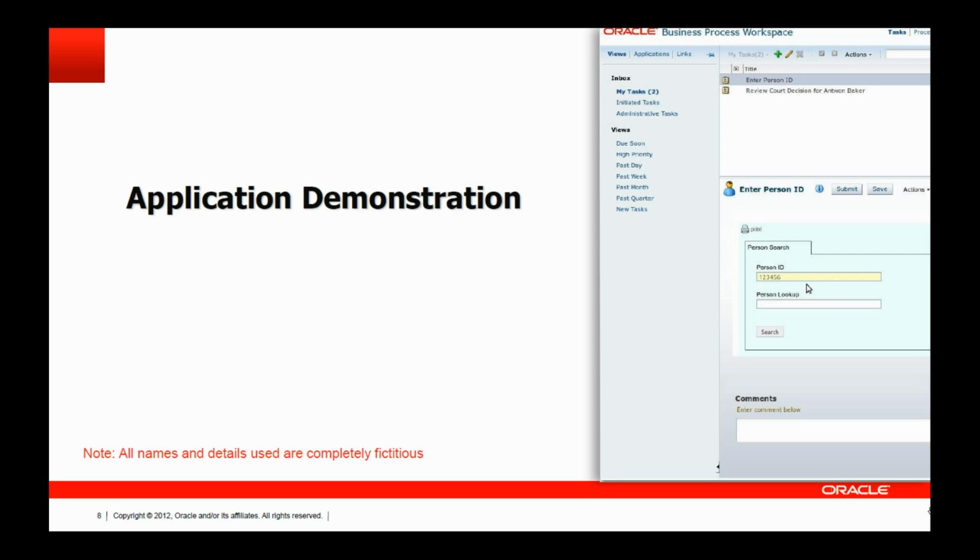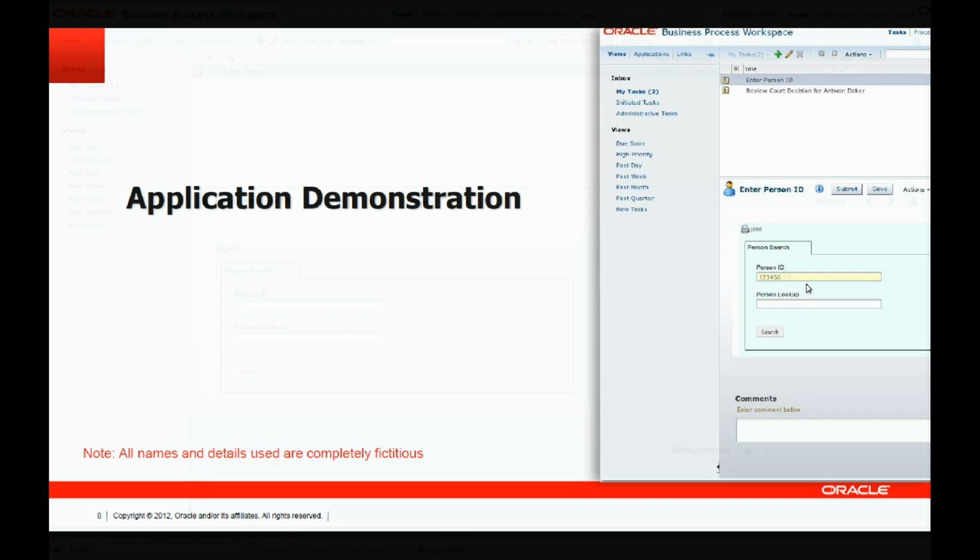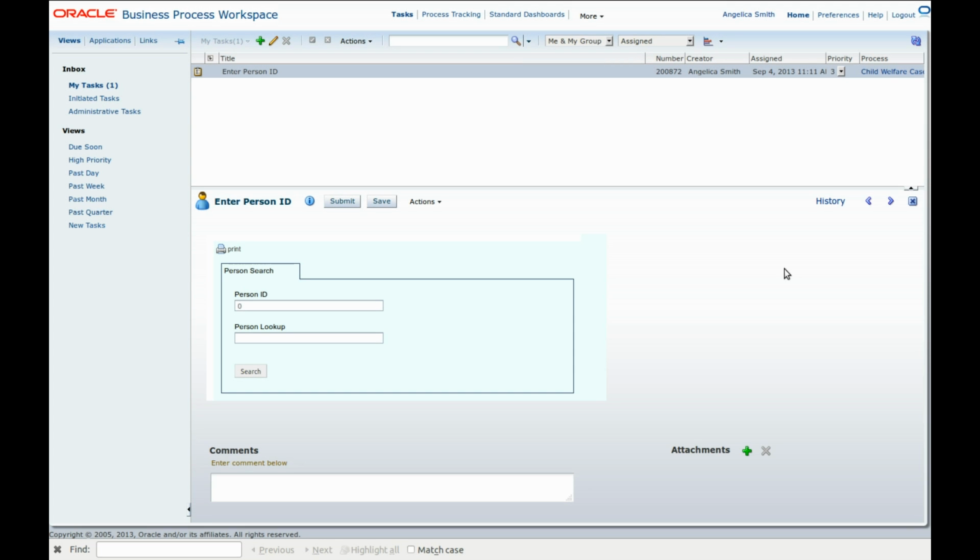And so now we're going to go ahead and do the actual application demonstration here. We're going to begin the application demonstration by looking at the role and actions of the caseworker. So here we are logged in as the fictitious person Angelica Smith, who is our caseworker, and this is her dashboard. And so for her application here, which is the case management system,